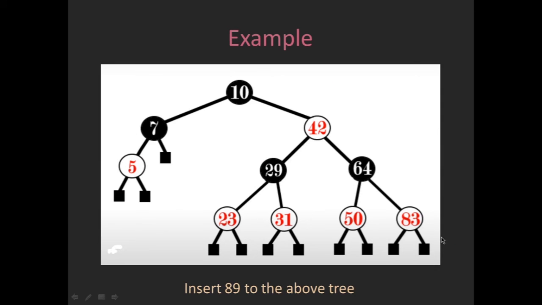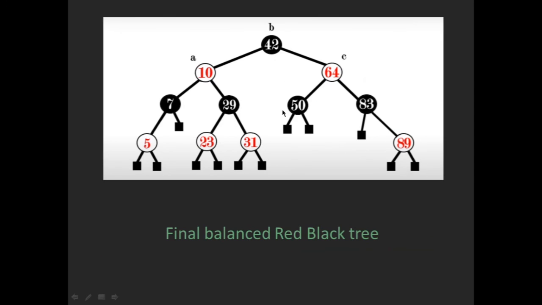Now since 89 was initially inserted to the right subtree of the entire tree, only the right subtree was affected. We did not recolor the left, we just had to do recoloring for the right. So that is half of the entire tree. For each level it is like that. We have to recolor only half of it. So for every depth, the recoloring part of the tree gets reduced by half, by half, by half. So the insertion step takes log n time complexity.